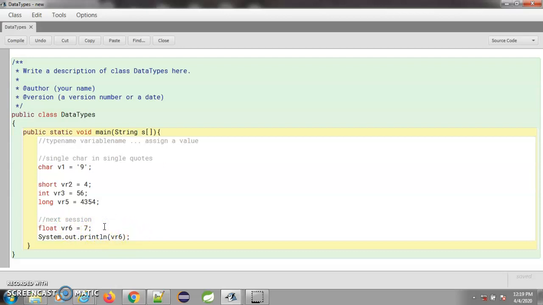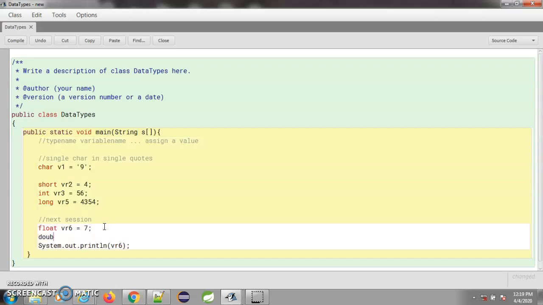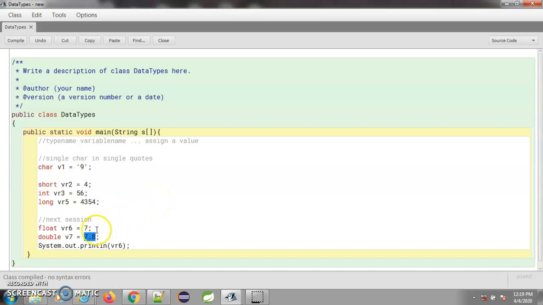So now we are going to use the double data type, which is the default data type for decimals. So here, suppose I type 7.8, then I compile, there are no errors, because whenever we give a decimal value, it is treated as double by default, and we can assign a double value to a double variable. Right? This has a type of double, and by default the system will treat this decimal as double.